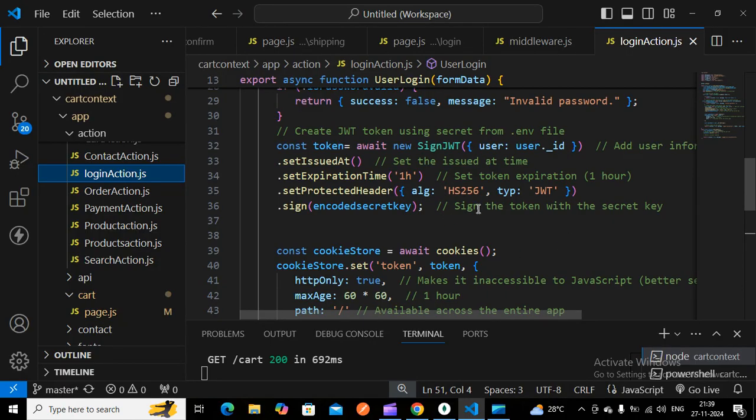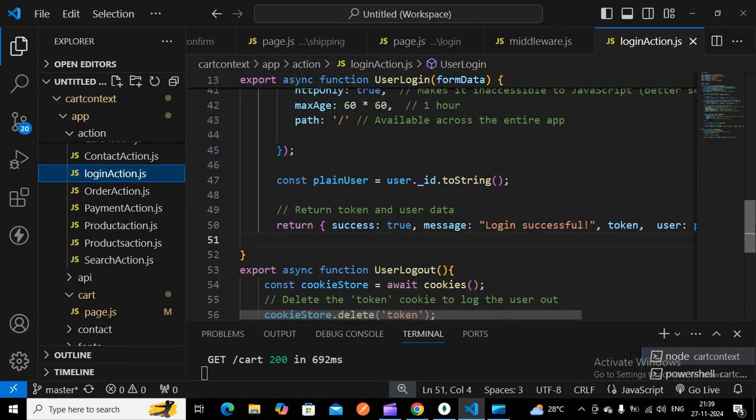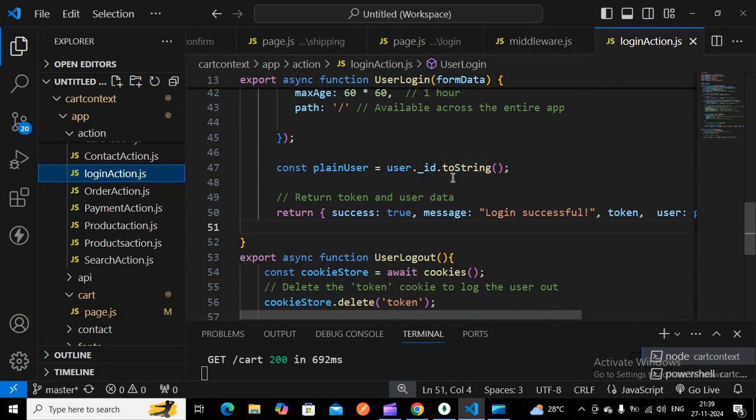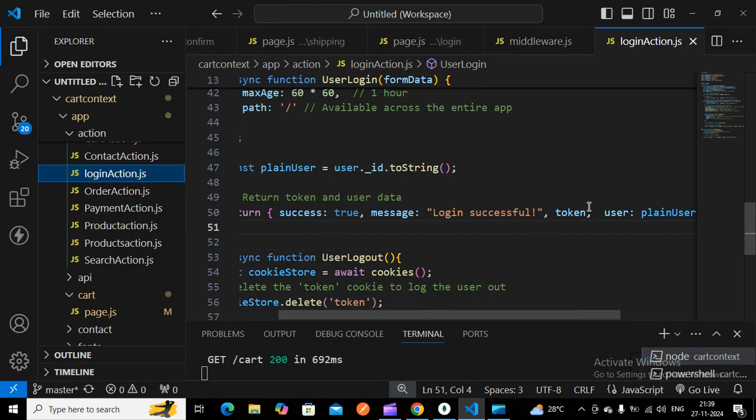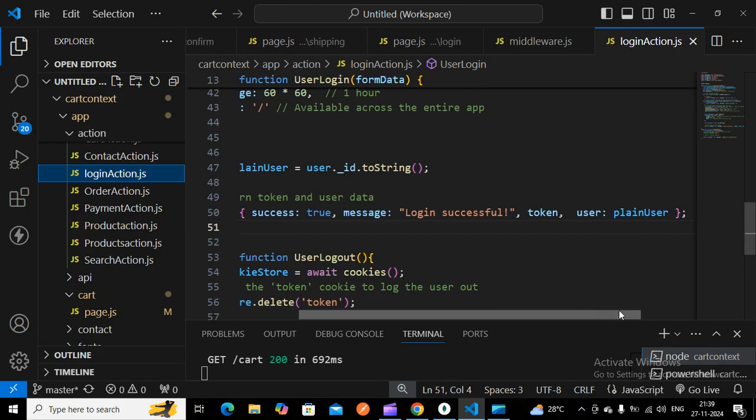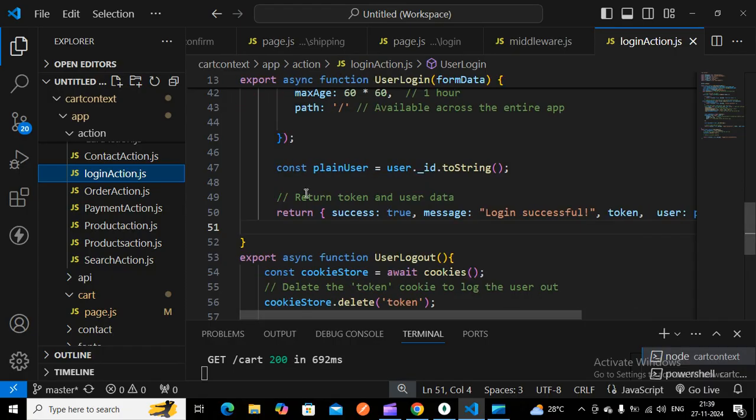That id we have to take and convert into a string. That is the return function. We give user: plainUser, which we have assigned, so that user is holding that particular id.